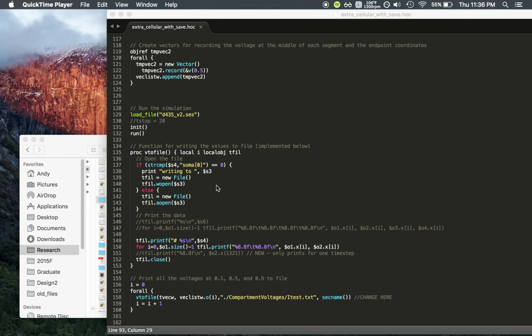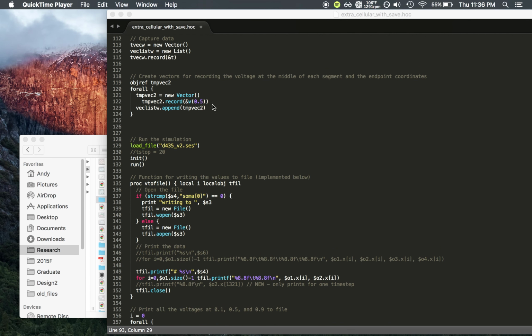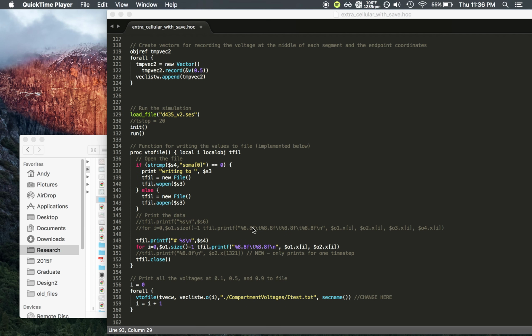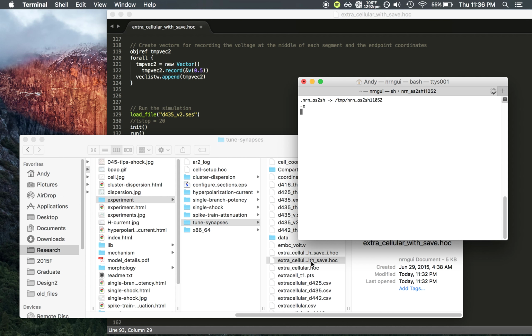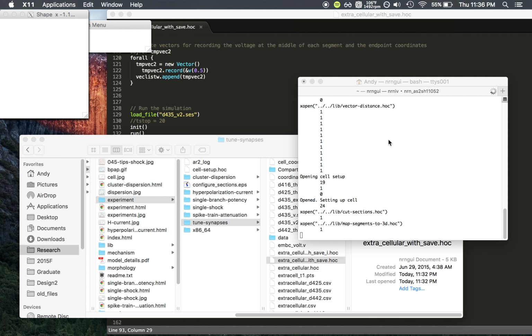I'm going to record it, I'm going to write it out to a file, and I'm going to graph the results, which is contained in this .ses file, which loads all the graphs, sets it up correctly, and I'm going to output my voltages to a file. And right now I'm just using a test file because I don't want to overwrite any of my actual results that I've created. So when we run that, we'll see the NEURON environment will pop up, and it will run all of that code,